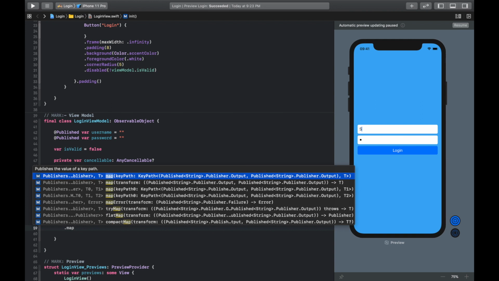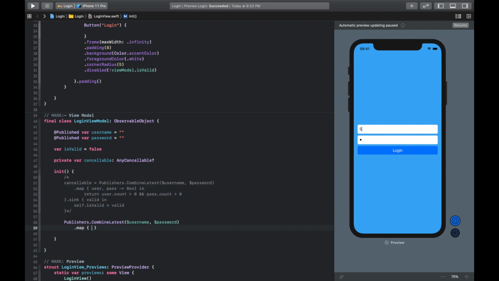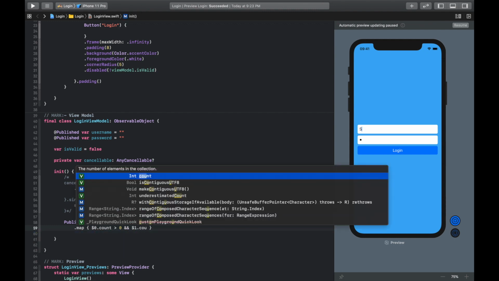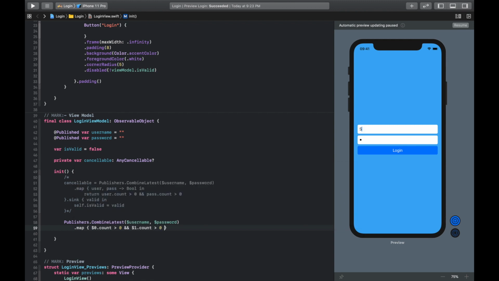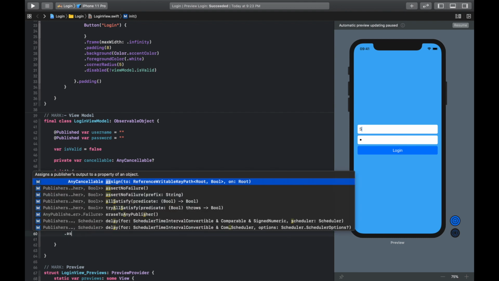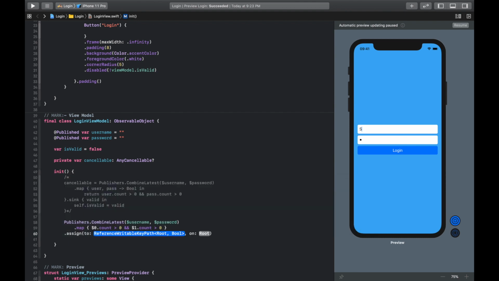Now we will map this value to a boolean. So now we know $0 is going to be username, so I will just write $0.count should be greater than 0, and $1 will be the password, count should be greater than 0. Then we will get the boolean value, so we need to assign that boolean value to our isValid variable.